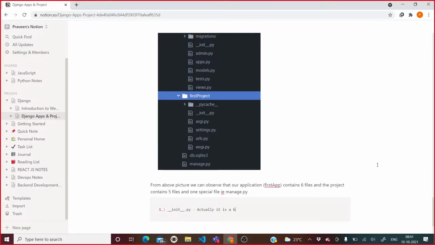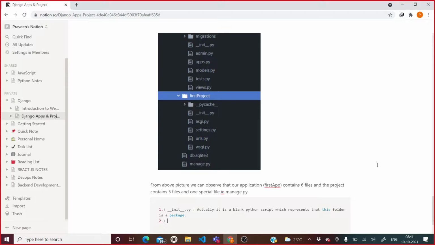It is a blank Python script which represents that this folder is a package, right? Hope you understood. I have already covered the package concept.